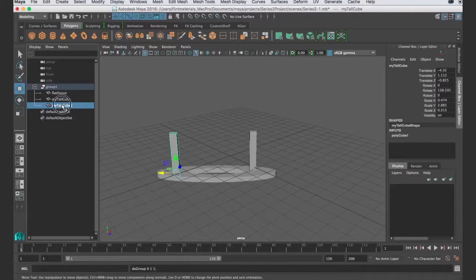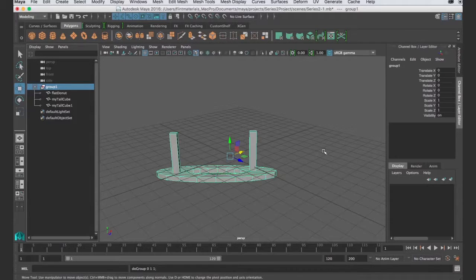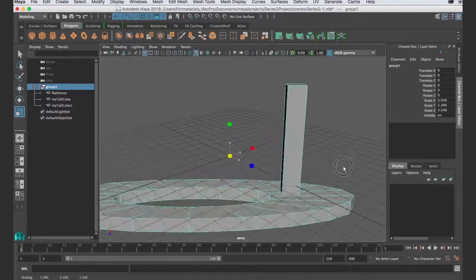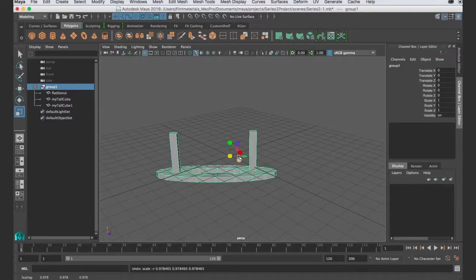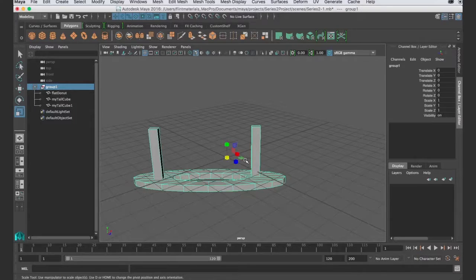So what it did, it actually created a new node, but this new node has no geometry at all. But it does have a translate, rotate, and scale. And I can scale things, and it always creates that pivot point at the origin, or the 0, 0, 0, and X, Y, and Z. Now, what if I didn't want it at 0, 0, 0? So often when you create a group, either you construct what you're going to group at the origin, so its center is already at the origin, so when you create the group, the pivot point's in the right place, or